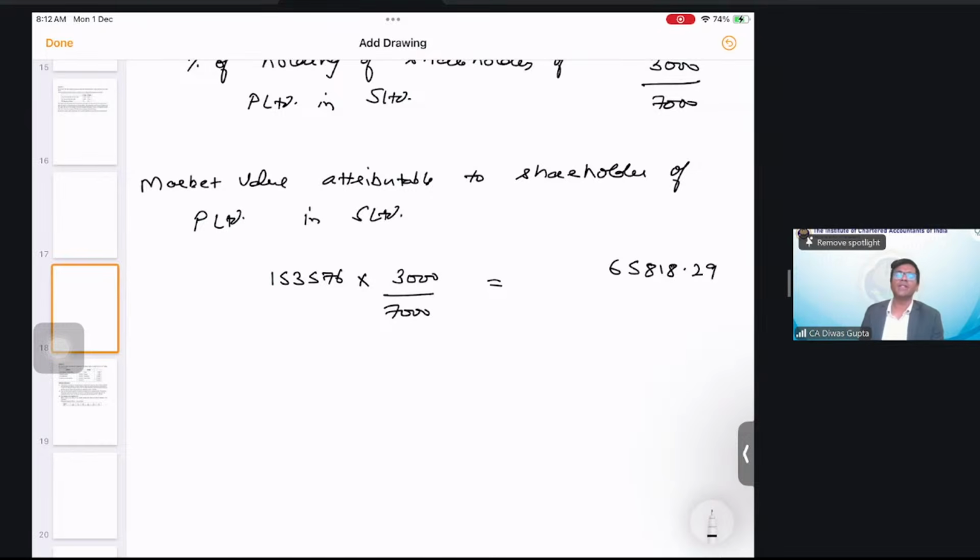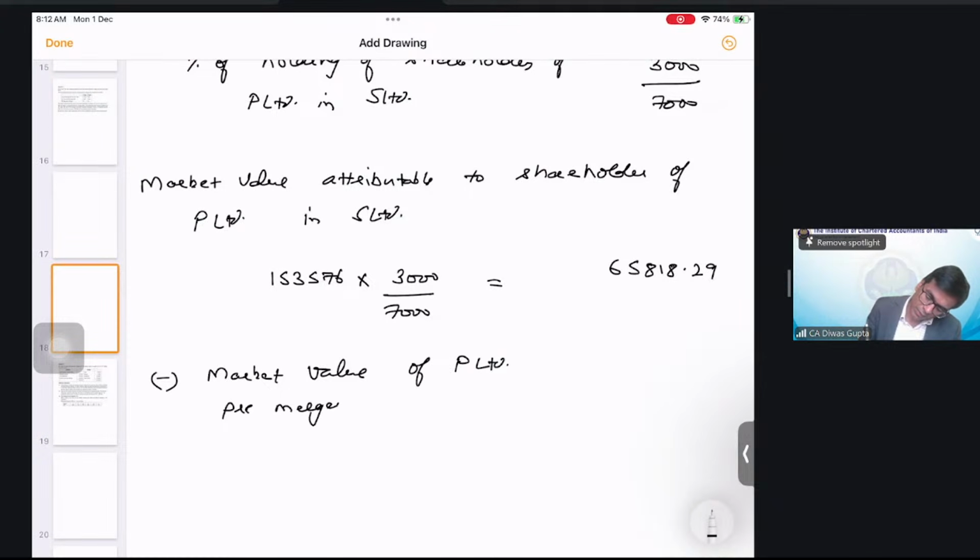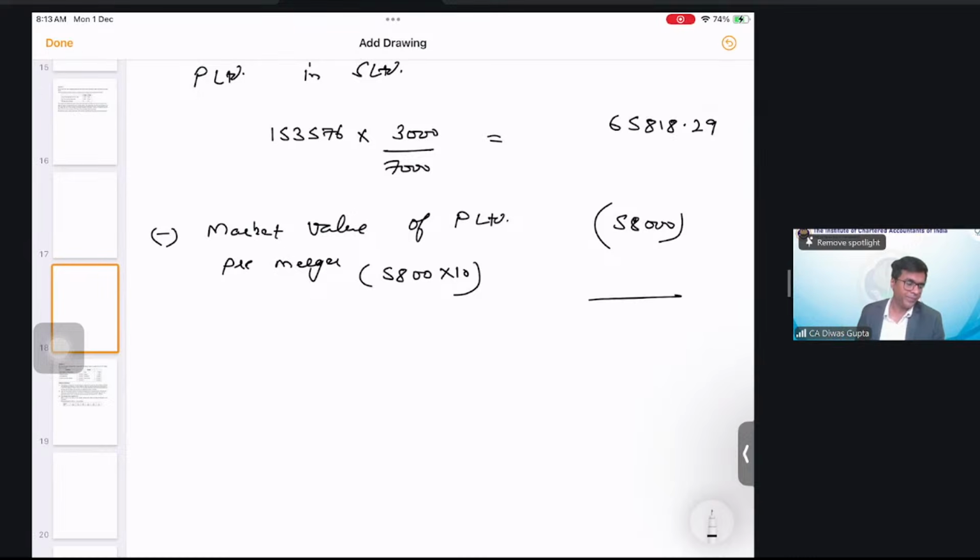Okay, so this is the post merger value attributable to P Limited, minus market value pre merger of P Limited pre merger. Okay, so this is actually how much? 5800 into 10. 10 is the P/E ratio, 5800 is their annual earnings. So that means 58,000 becomes the reduction from the comparison, and hence the gain to the shareholders